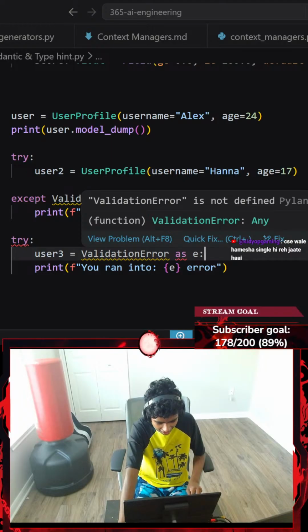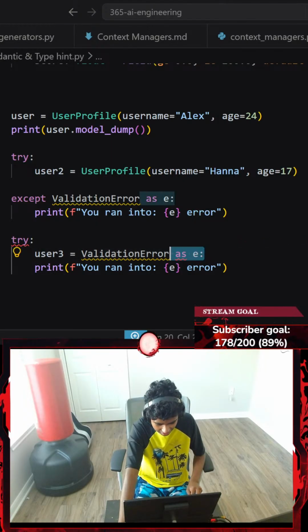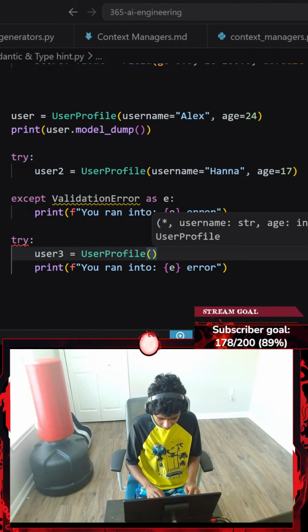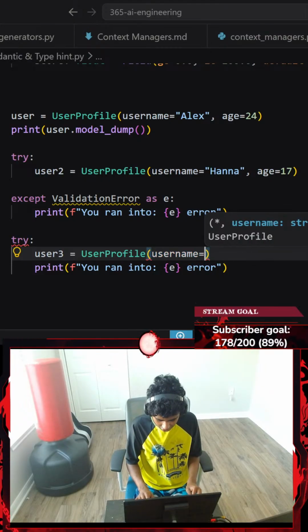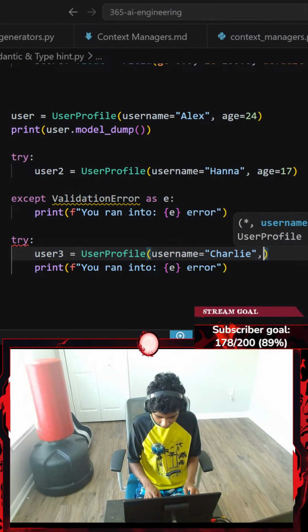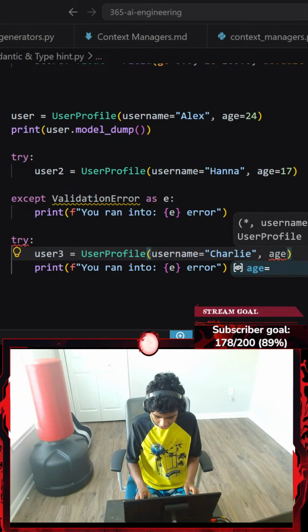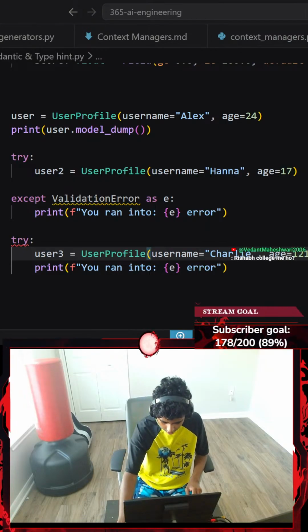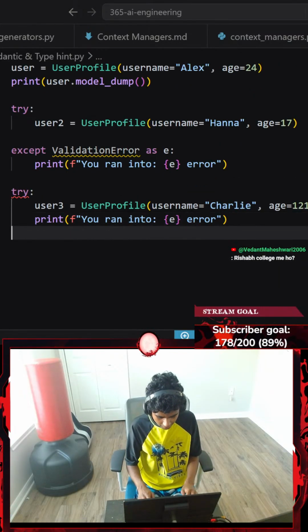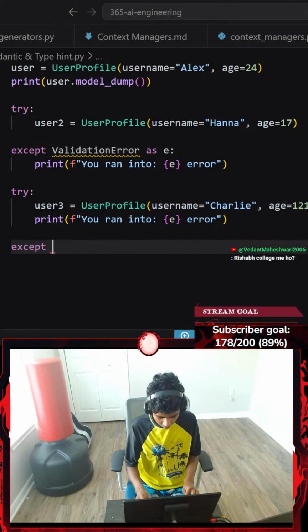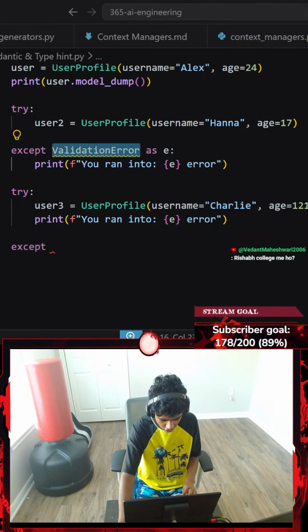What? Oh my gosh! Hold on a minute, guys. user3 equals UserProfile. What was I thinking? Okay, let's go with username equals, I don't know, maybe Charlie. And then Charlie's age is 121. Okay, and then we're going to go ahead and accept ValidationError